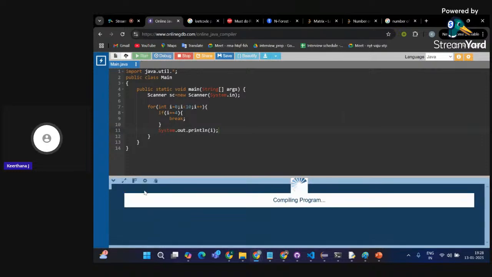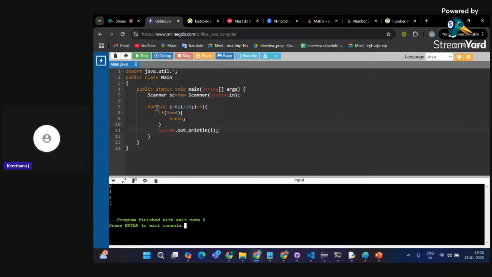So let's see what happens. See what happens. When my i is 0, it is not equal to 4, so no break is applied, so it is being printed. And when my i becomes 1, it is not equal to 4, so no break. When my i becomes 4, it encounters 4 is equal to 4, so the break statement executes.